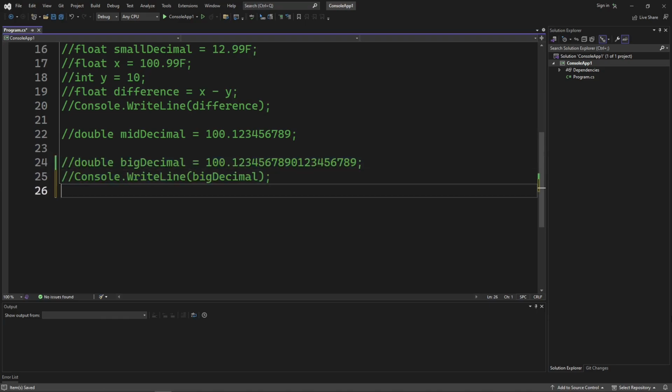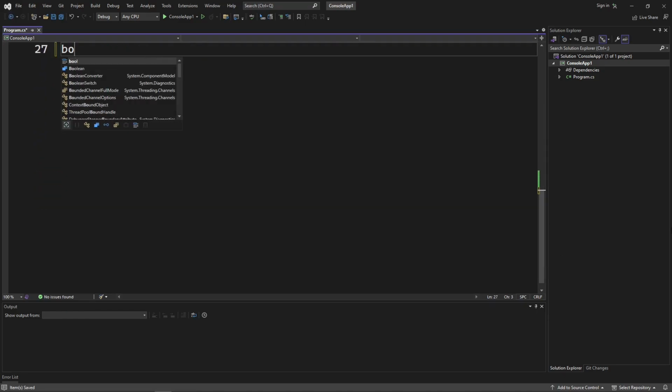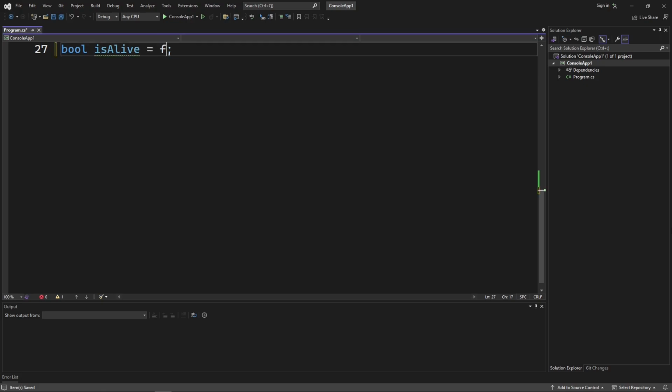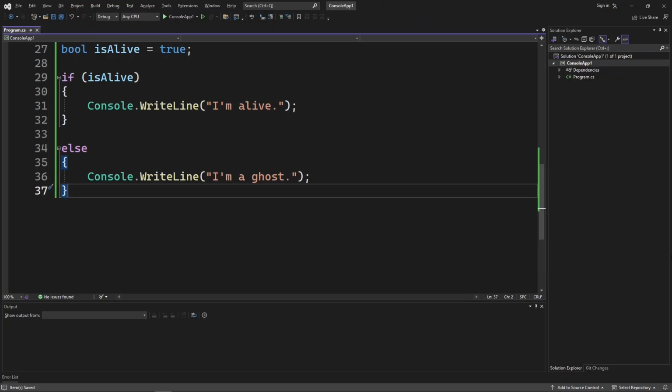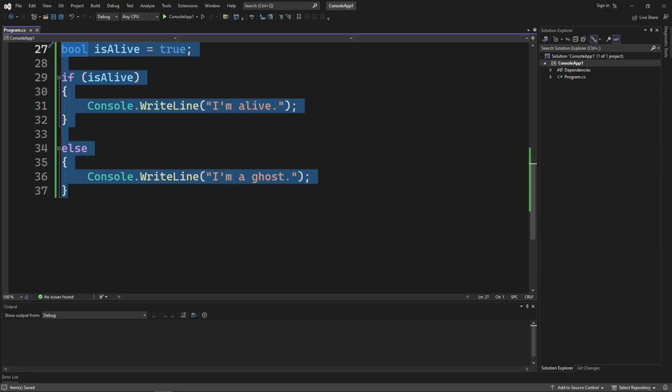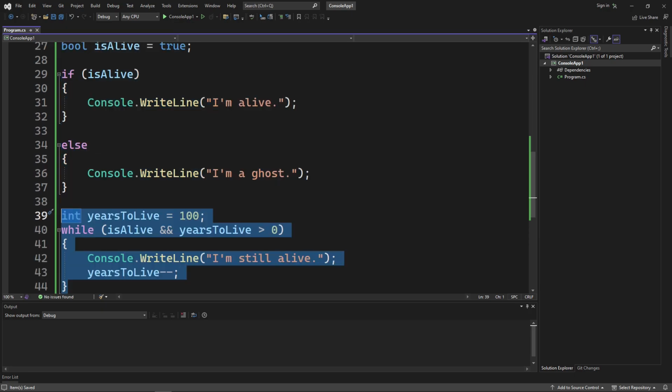Next up, Boolean. Boolean is a type for true or false. You use it to answer a question only answerable by a yes or no. So, if we put 1 to it, there's an error. Same with a string or char. Booleans are used in conditions, and always partnered with if-else and loops, which we will cover later.